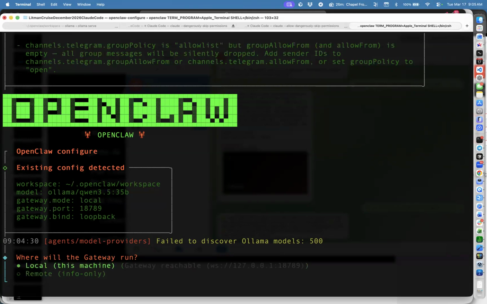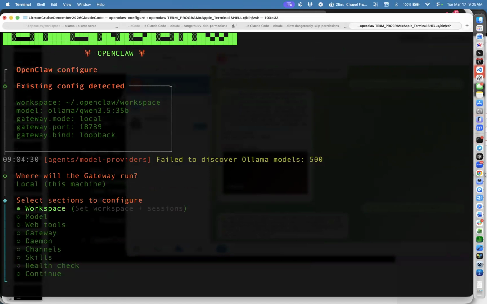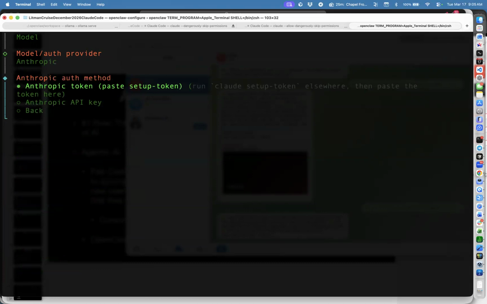I'm going to say, oh, I want OpenClaw to run locally here on this computer. Then when you go to choose your models, okay, so you have all these models you can choose from. I can choose OpenAI. Well, I'll get to OpenAI here in a second. If I choose Anthropic, actually same thing there. It'll let me hook it up to Claude Code, I assume. Actually, no, it doesn't. But that's okay. So here's all these models you can use.